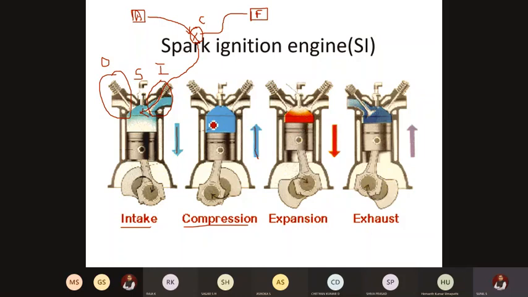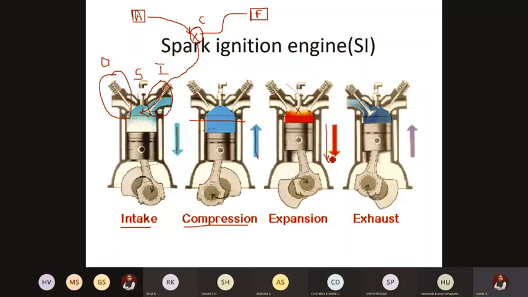Okay. Next, before the piston reaches the top dead center, the spark plug, which is the third component present here, gives out a spark. There will be a timing mechanism which decides when cylinder 1, 2, 3, 4 should fire, at what point of time the spark should be given. It will be preloaded, so that at the exact moment when the compression stroke is ending, a spark will be given. So we have a compressed air fuel mixture, ready to ignite. When the spark is given, it catches fire and burns completely, so that the pressure and temperature in the chamber increase.